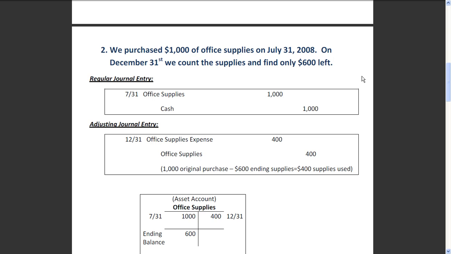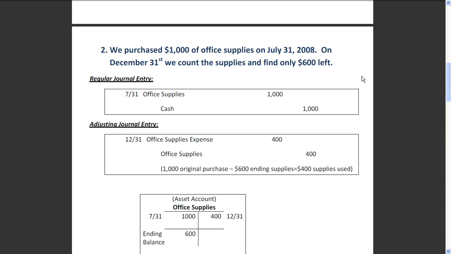In this video, we're looking at office supplies and how to record the use of them over time. I think most people will find this similar to the concept of prepaid insurance. And one thing that we want to talk about first is what is the difference between, let's say, office supplies